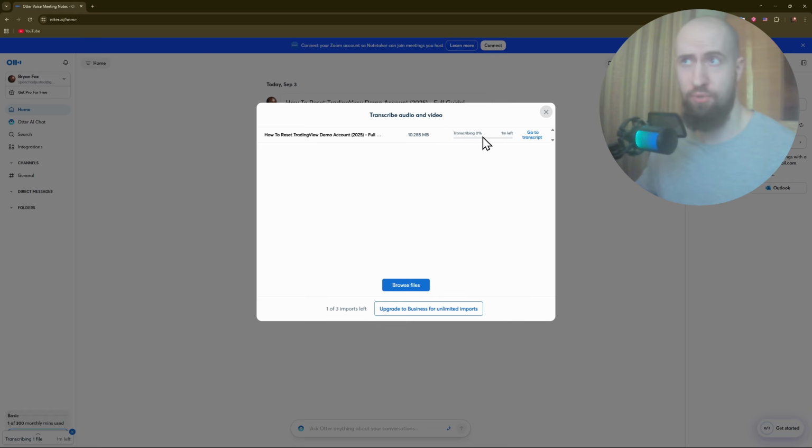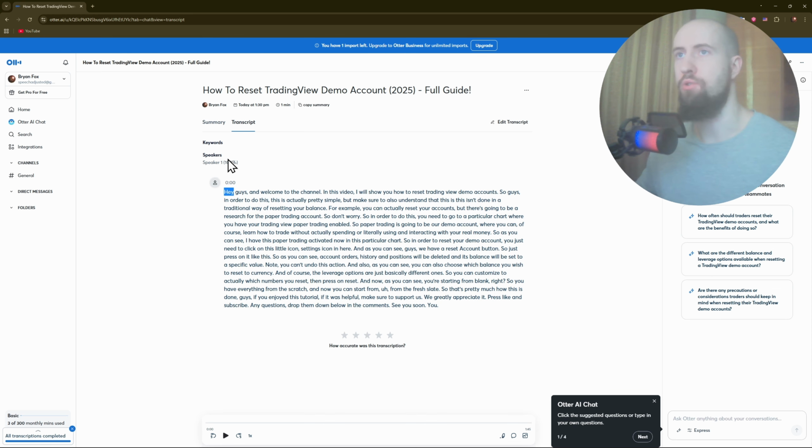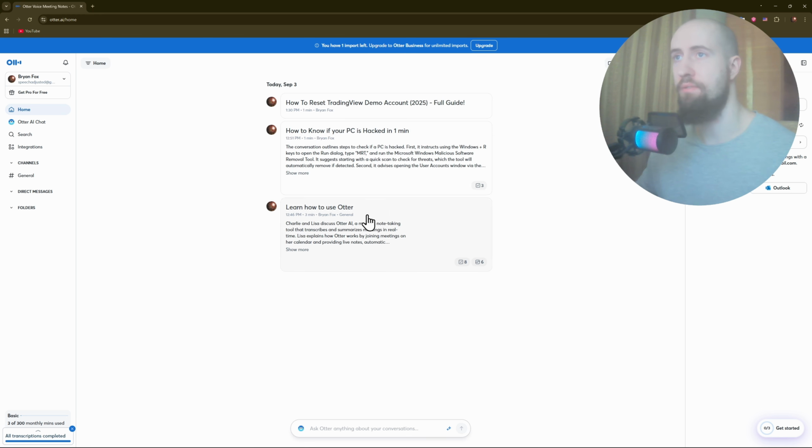It's actually fairly quick to transcribe. Of course, depending on how many words there are, it's going to take a different amount of time. After it's done, as you can see, it's done transcribing. Go to transcript, and this is going to be our transcription. And also something that's very cool is that I've noticed if I go to the different project that I've imported,